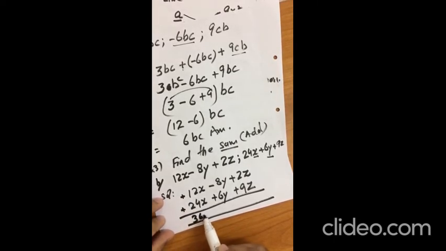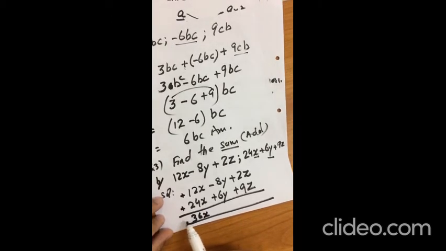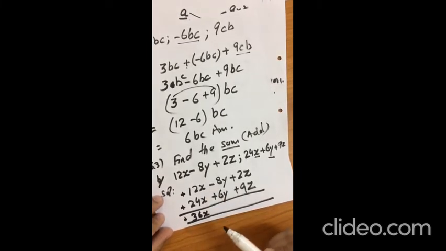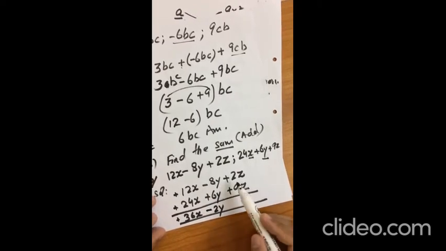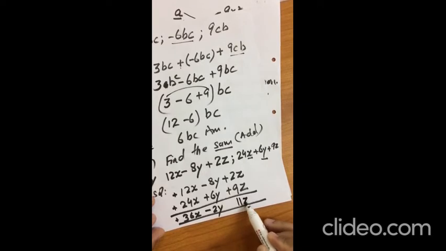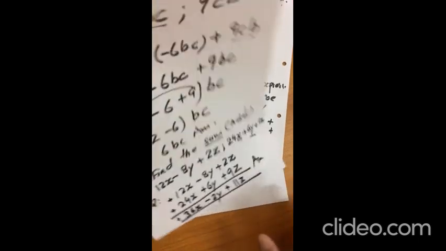So it's 3 and 6, just write 9. Plus. You have to consider the greater number's sign, that is plus. Here you see minus, plus is minus, so you do the procedure minus. 8 minus 6 is 2. Then put y. And this is the time for putting the sign. You need to check which is greater among 6 or 8. 8 is greater, so we put the sign of the greater number. Here plus is plus, so you do the procedure plus. 9 plus 2 is 11, put the common variable z, and then consider the greater number's sign, that is plus. So this is all about the addition of algebraic expressions.